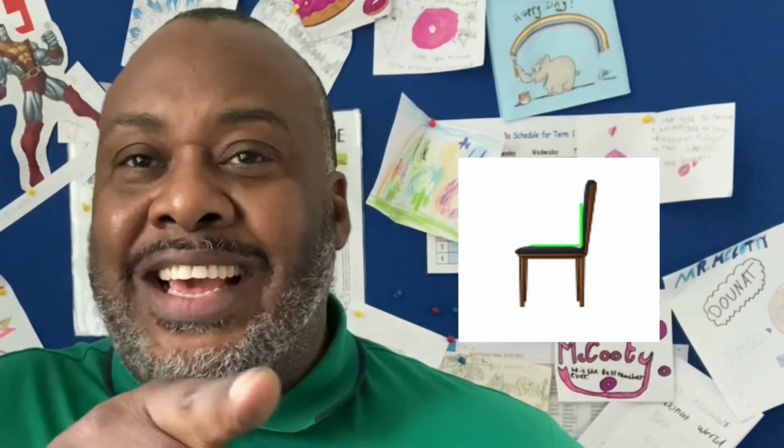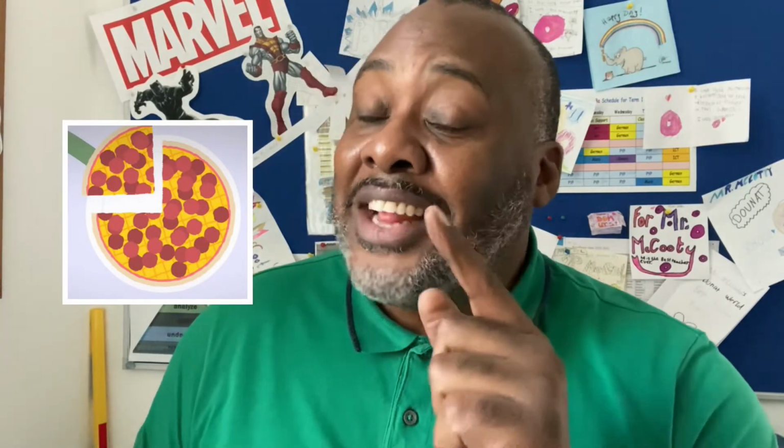Stairs. Look how the way the angle is in red. That is a right angle. On a chair, nice and straight back, level front, that is a right angle. Now you know me, I like to put my food into my mathematics and I've used pizza before. Go check out the other videos and see if you can locate it. But here is a slice of pizza that is cut